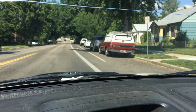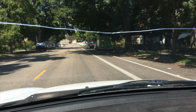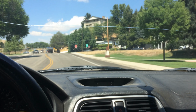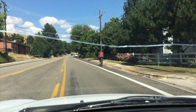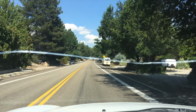Find a place to do some FPV flying. I wanted to do a range test today of some of the FPV gear. So we'll need some wide open space, hopefully no people, no crowds. Should be fun. I'm gonna head up Bogus Basin Road here. See if we can't get out of town a little bit. Not super far, but